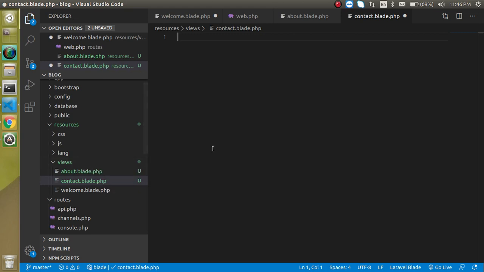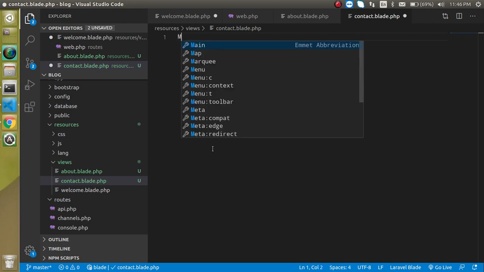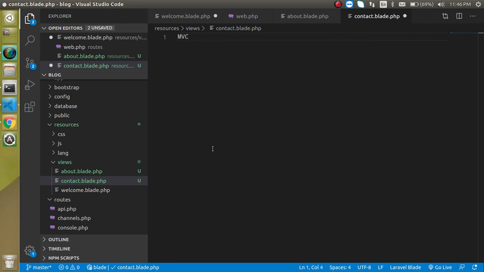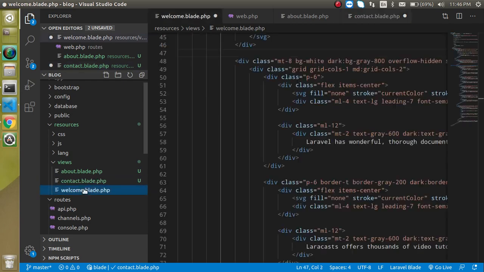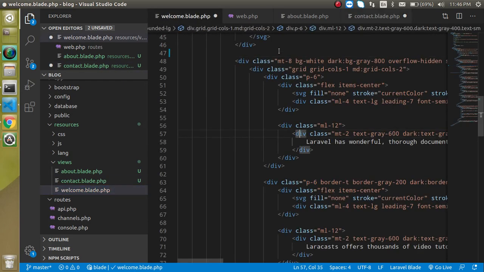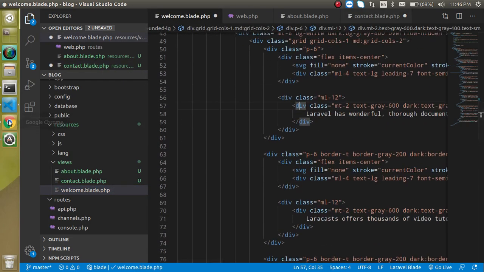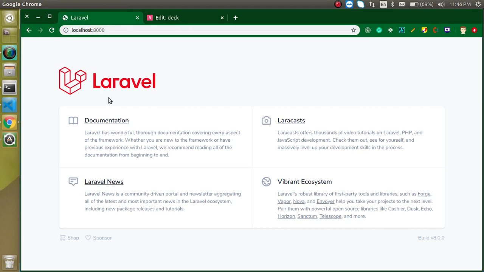Second thing is views. Probably you have heard that Laravel is an MVC framework, right? So view is directly related to the V. V means view. So what are we viewing here? For example, all the HTML is presented here, we are actually watching it, right? So that's why this is the view part.